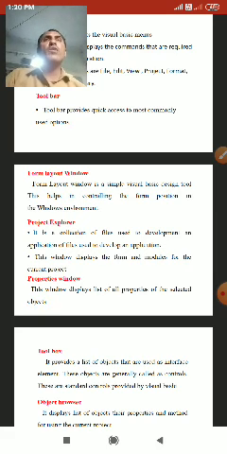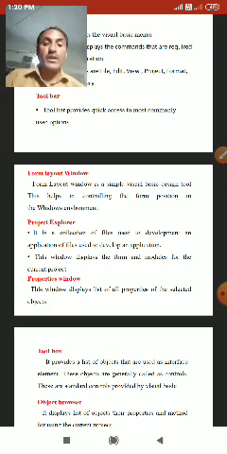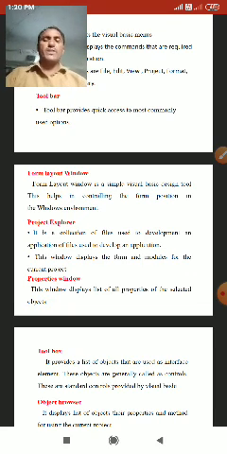This helps in controlling the form options in the Windows environment.